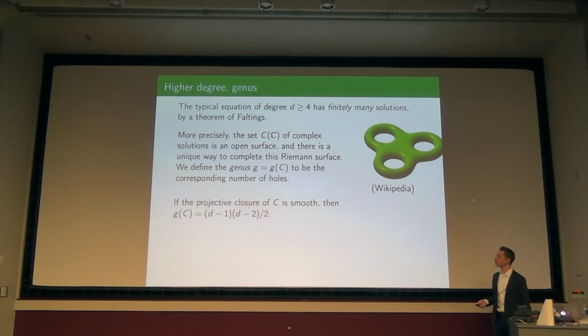So what are the genera for d equal to 1 and d equal to 2? That's pretty easy, right? The genus is equal to 0. And that means that topologically you have no holes, which means topologically you have a sphere. And that's why those two cases we were able to treat at the same time.